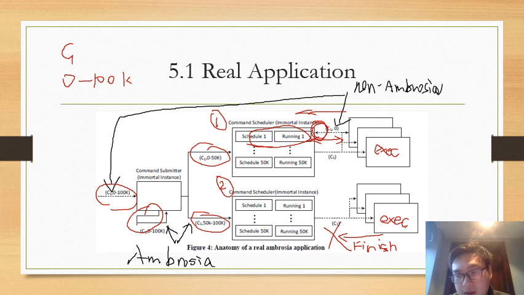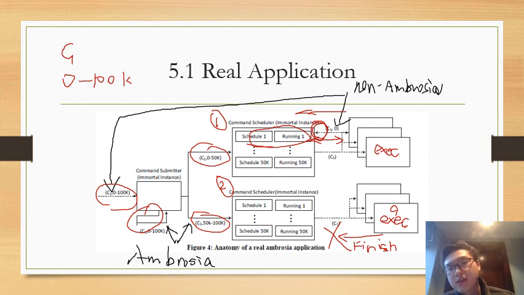Here, for example, if the finished message of C1 is lost, and after some periodic scan, this machine is reissued C1 the next time.